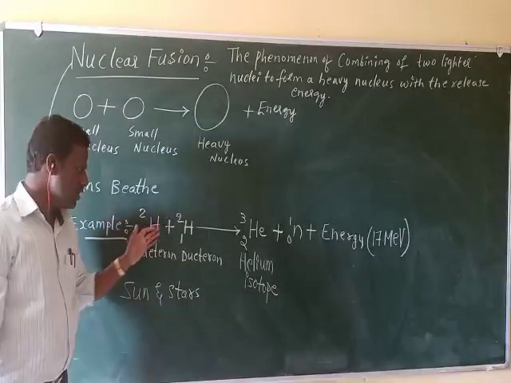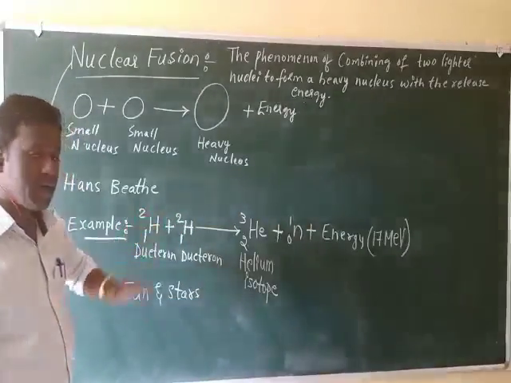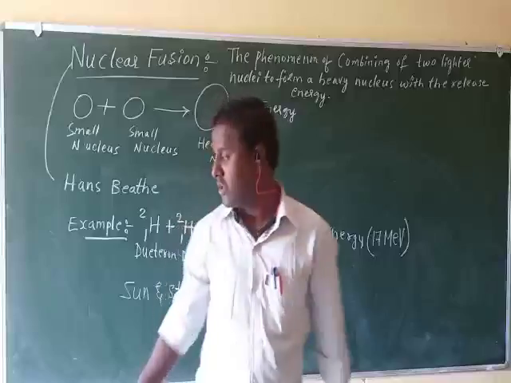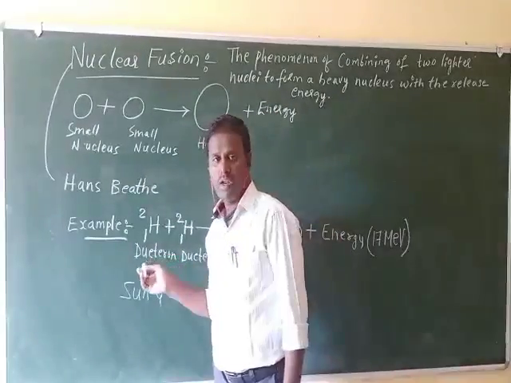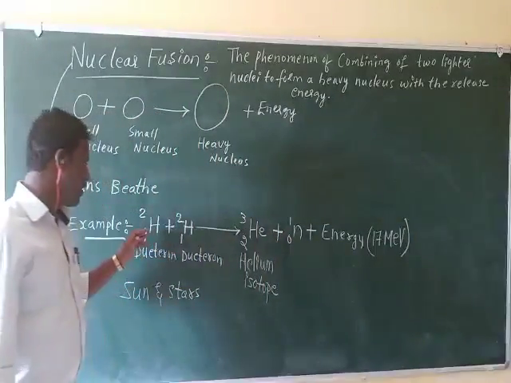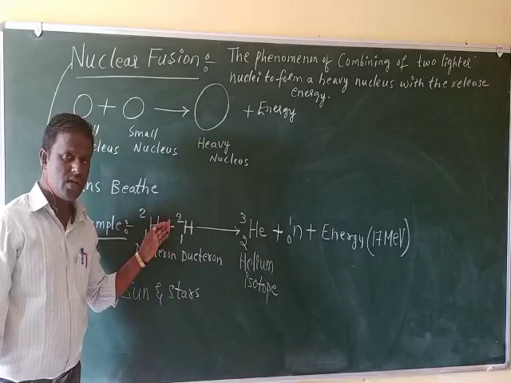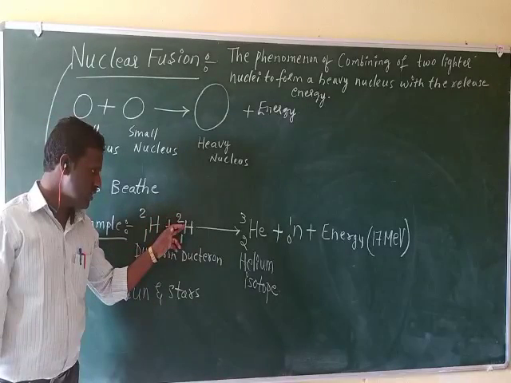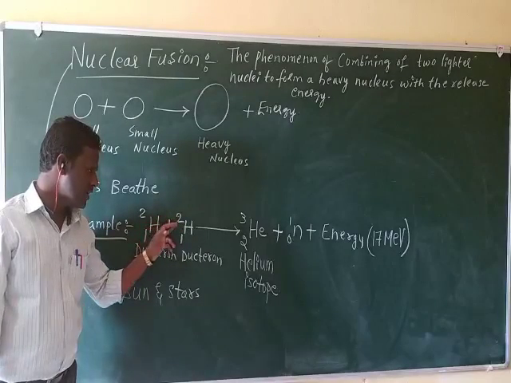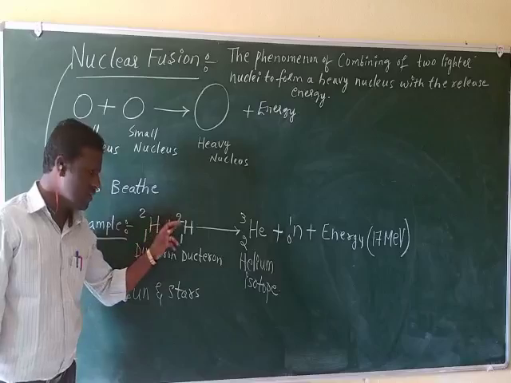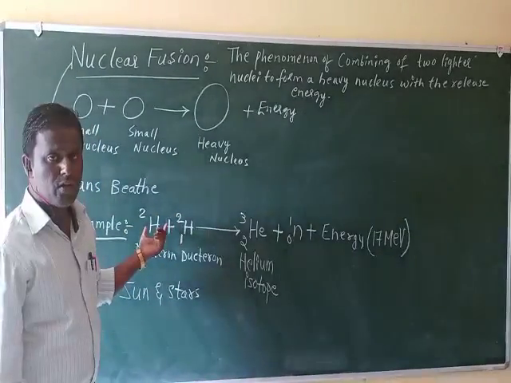Here this is a neutron. So these are the isotopes of hydrogen, and here they are combining. Hydrogen nuclei are positively charged, deuterium nuclei are positively charged. So for combining two positively charged nuclei together, there exists a repulsive force between the hydrogen nucleus, the deuterium nucleus and this nucleus. So there exists a strong force of repulsion between two positively charged